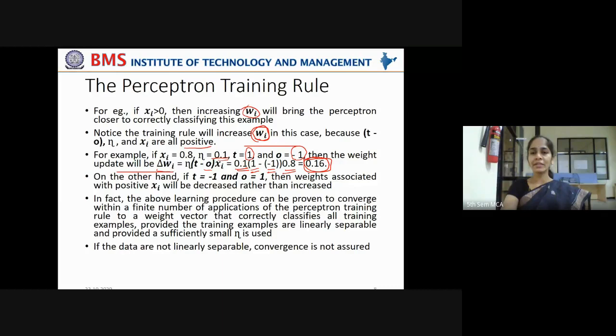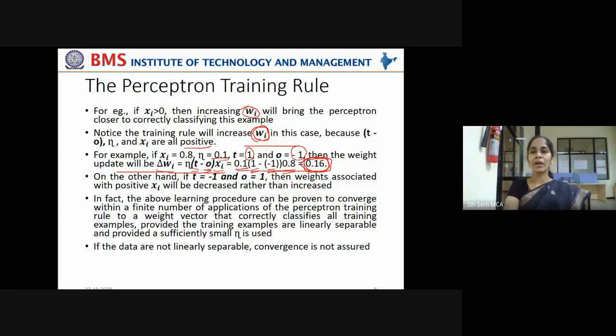Students, did you understand this? You are just substituting the learning rate value, the T value, that is the outcome label for the training example, the O value, that is the prediction made in the previous step, and Xi, the input value. Now, delta Wi, the weight that has to be adjusted, is calculated by substituting all these values in the equation, which will give you 0.16. 0.1 into 2 into 0.8.